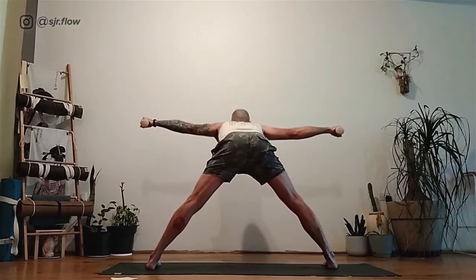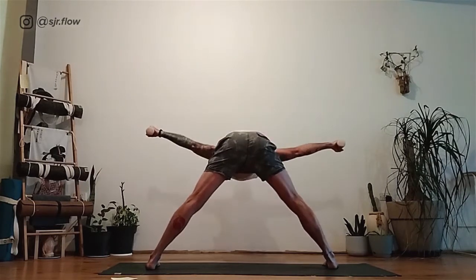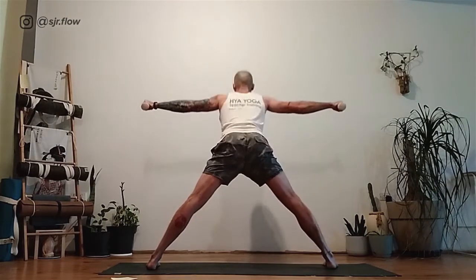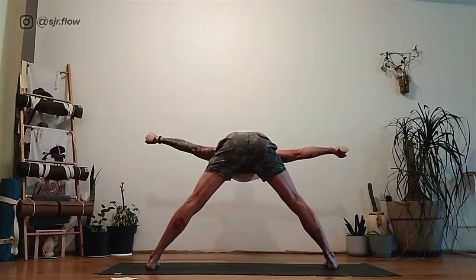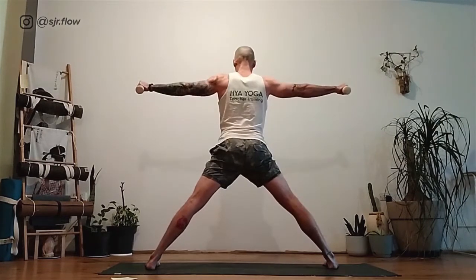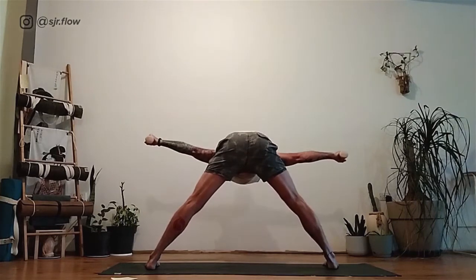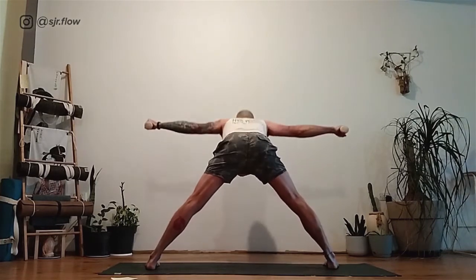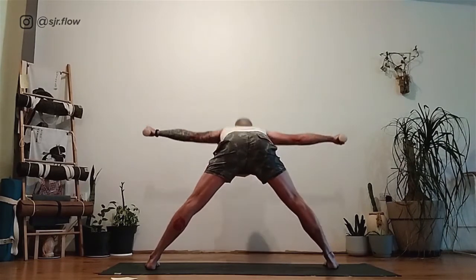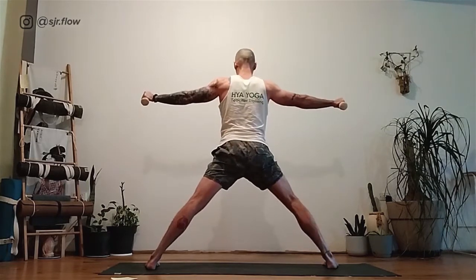We hinge forward, all the way back up for 10, 9, 8, 7, 6, 5, 4, 3, 2, and 1. Right foot